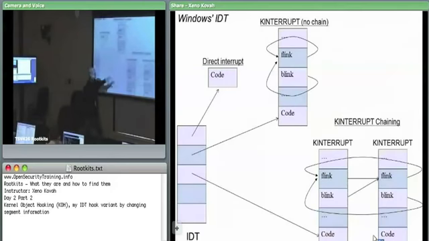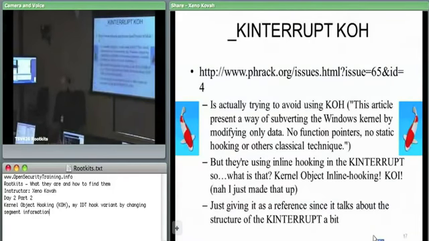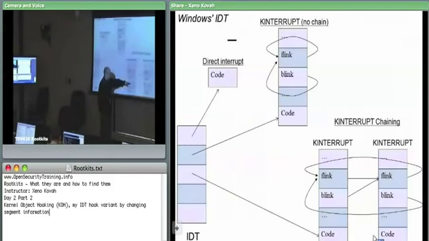So you can do an inline hook on this code, which I would call more like direct kernel object manipulation. I guess it's sort of a quasi, what I call KOI, kernel object inline hooking. That's right. So you can either do kernel object hooking, where the service routine is in here and goes off to some actual function. You can target that service routine, target the dispatch routine, or anywhere in this code you can put an inline jump instruction and jump out to some other code. And like I said, I'm not aware of any